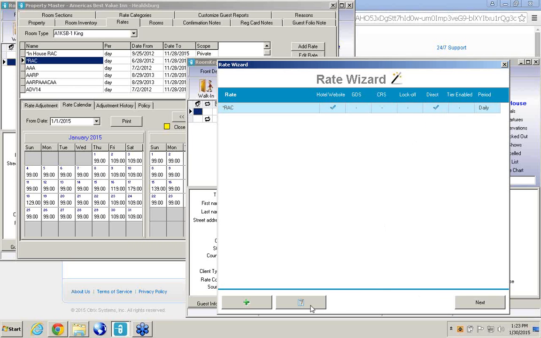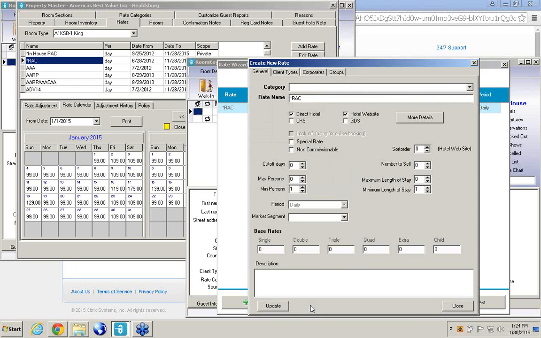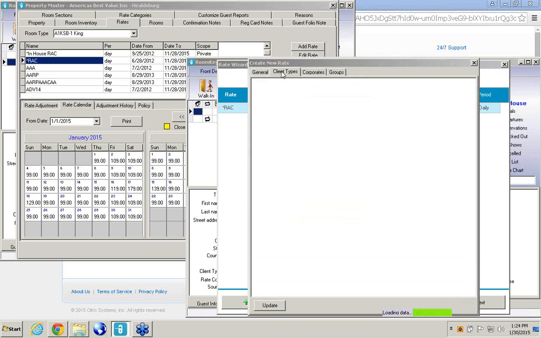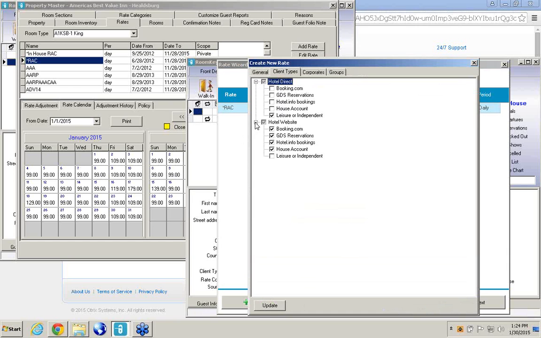I'm going to go in now that it's in my rate wizard and check to make sure that the correct client types have come across. So we go up to client type and make sure to see whether or not I have the correct client type here. So if this is going to be accessible hotel direct to a leisure guest, and on the hotel website, it's basically saying, oh, I see what you've done. You've used the hotel website as though it's GDS,